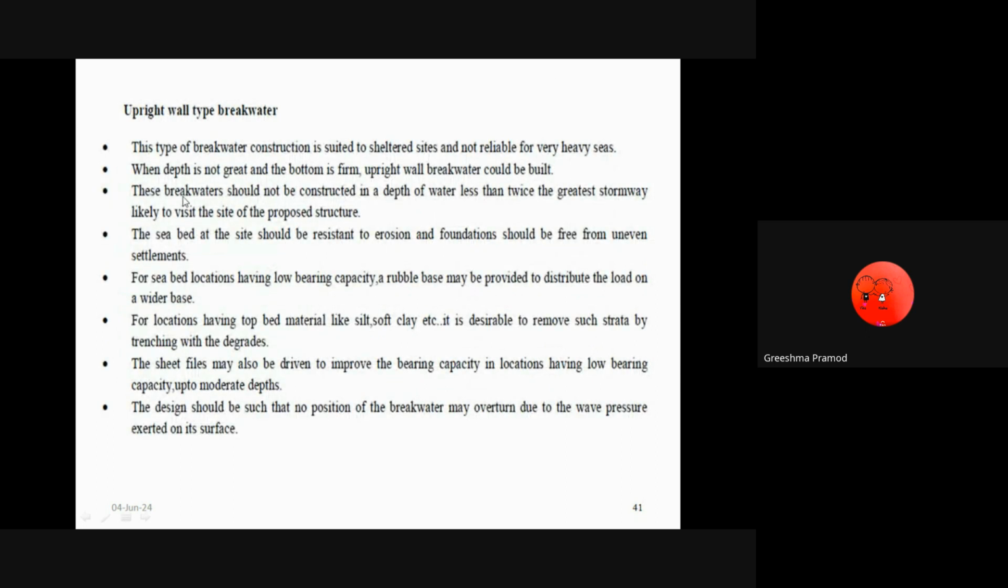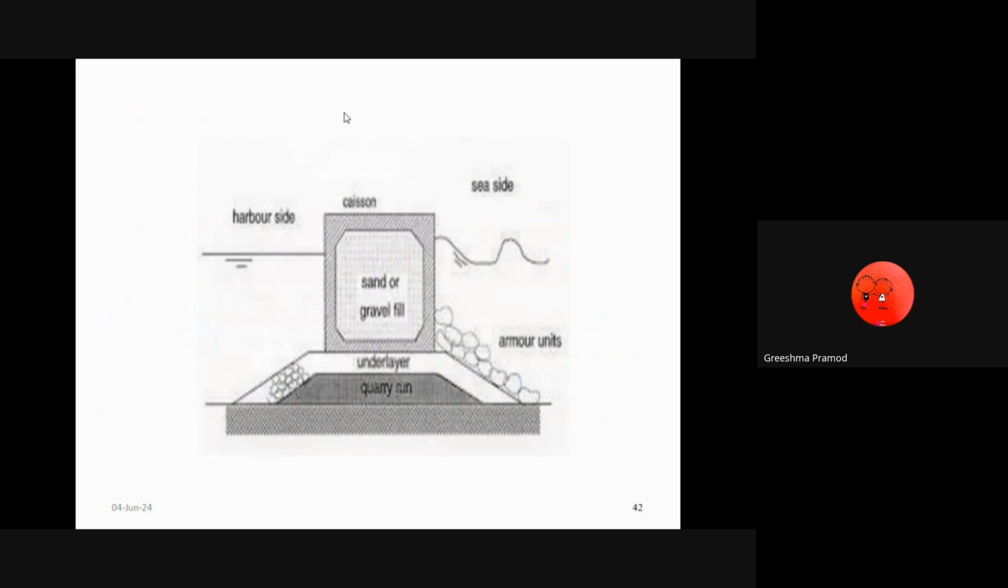Then about the upright wall type breakwater. This type of breakwater construction is suited to sheltered sites and is not reliable for very heavy seas. When depth is not great and the bottom is firm, the upright breakwater should be constructed in a depth of water less than twice the greatest storm wave likely to visit the site of the proposed structure. So here the left points are the same, and the figure of the